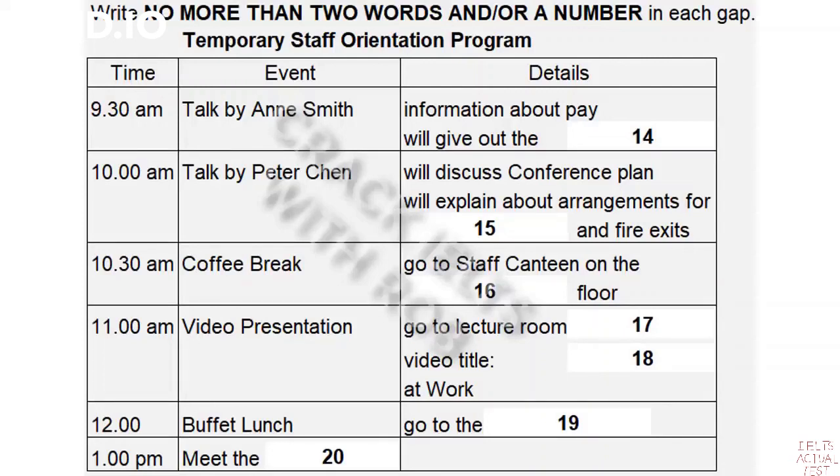We'll finish off the morning with lunch, which should give everyone a chance to meet and get to know each other, and we'll be serving you a buffet lunch in the main hall, which is on the first floor from 12 o'clock. After lunch, you'll be divided up into your teams to meet your team leaders, and we're hoping to be all finished by 3, so I won't delay you any longer, and I'll hand over